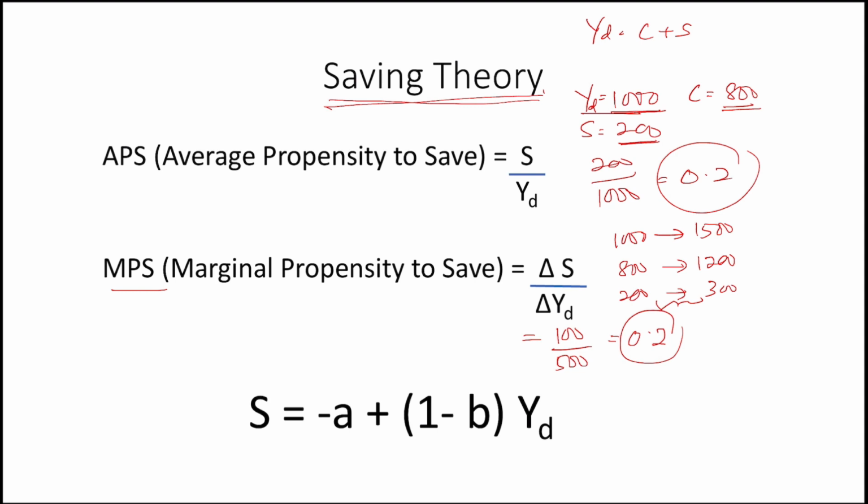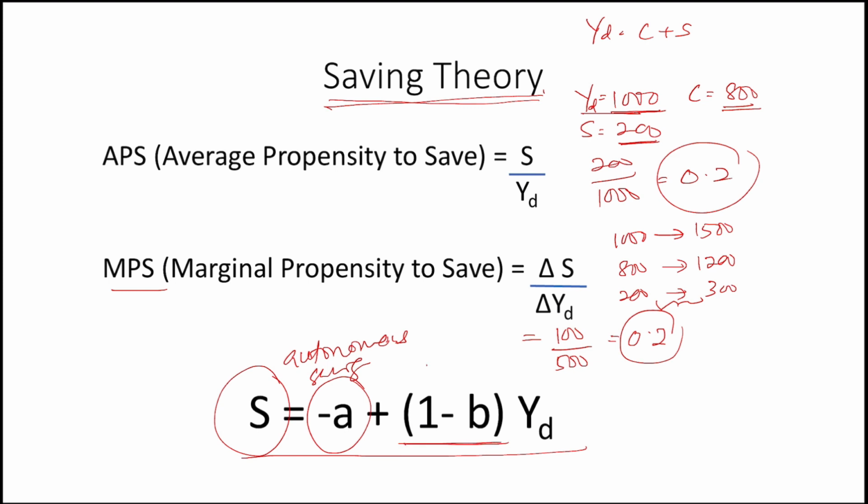Okay, so from this we have the saving function. S is saving, equals minus A plus 1 minus B YD. Minus A is autonomous saving. Okay, 1 minus B is MPS, and YD is disposable income. Alright, so that is the saving and